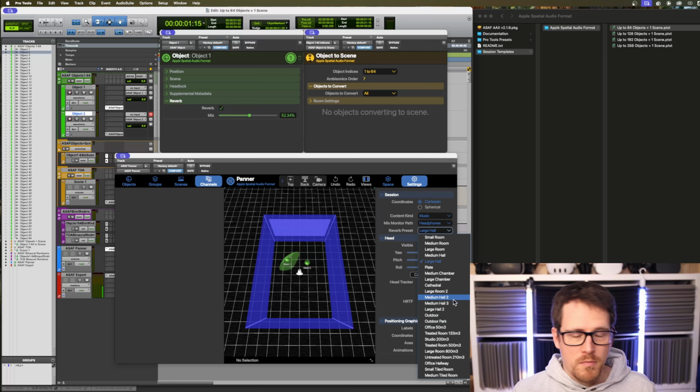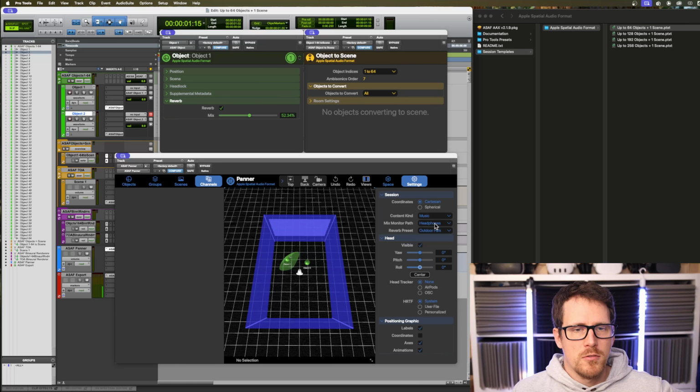I remember the Facebook 360 workstation had some room sizes, but it was just some early reflection. It doesn't really feel like any reverb. So here you have a large room, medium room, even outdoor, which is always great, because I feel like most reverbs make it impossible to tell something is happening outdoors, and with immersive video, this could be really interesting.